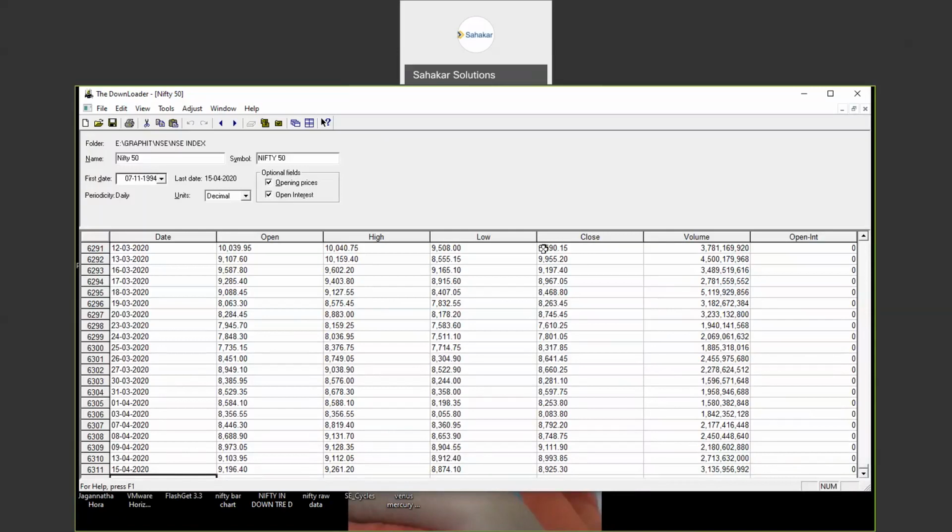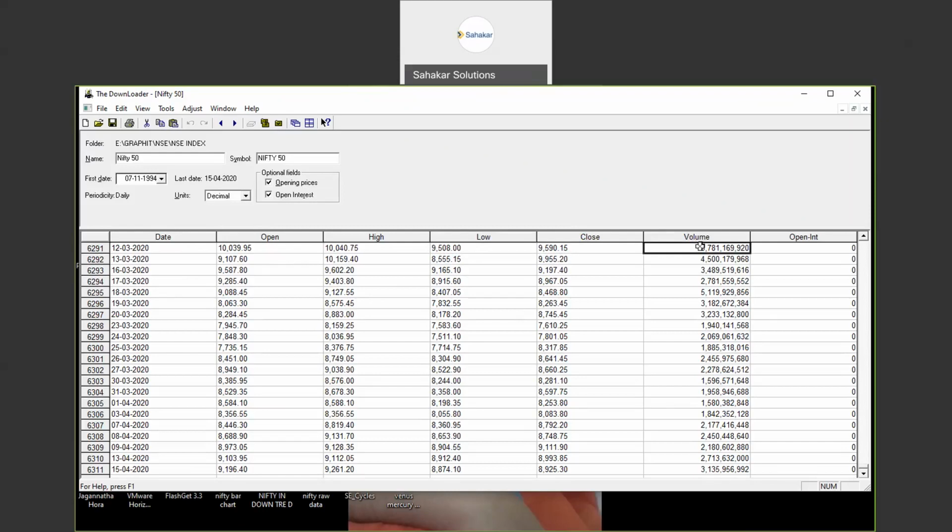The information here contains the first date column, and next open, high, low, close and volume. And there is another additional column called open interest, which is generally available and pertains to futures or options. This being a cash index, it is not applicable here. As you can easily see, the first column is the date on which the index was traded. This is the open price, this is the high price, this is the low price, and this is the close price, and this is the number of shares traded for a particular day.